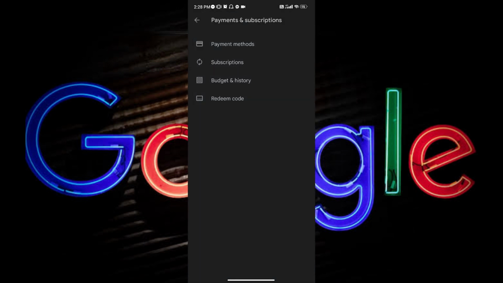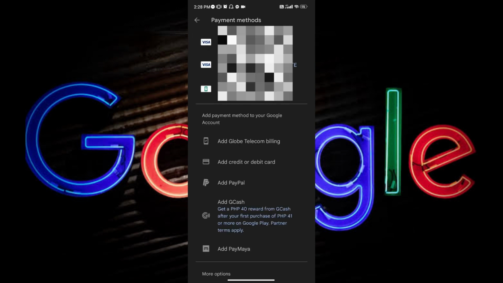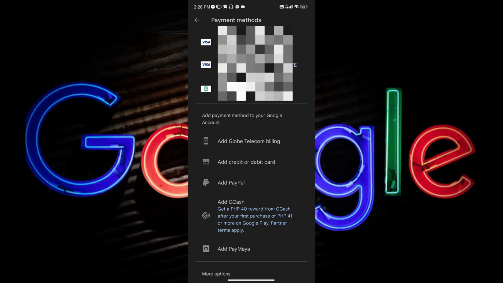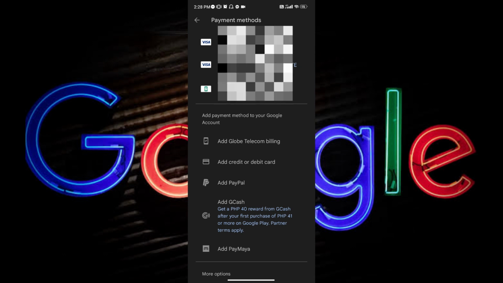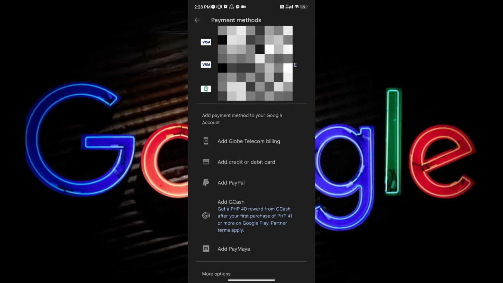Once you've tapped on it, you will be transferred to this screen. And on this screen, the one we're looking for is the payment methods. Let's go ahead and tap it. And once you've tapped on it, you'll be transferred to the payments methods, in which you will see the registered payment methods you have. But the one we're looking for here is the setting,